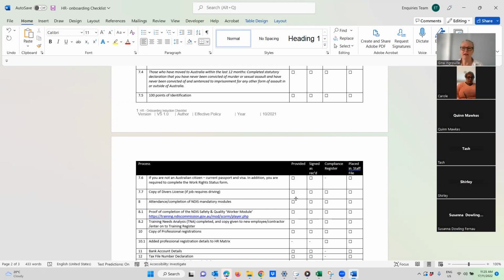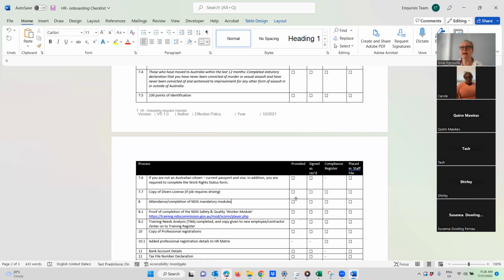Emergency and disaster. It doesn't say annually. It says they must be trained in emergency and disaster. I always think it's a good idea to do it annually, but it doesn't say it must be. If your staff are doing manual handling, and this is where it starts to vary, then manual handling training must also be on their file as having been completed. It also says that staff will be knowledgeable. They will know how to handle complaints, how to handle incidents. So not only does it say that they must do that, it's a no-brainer that they must do that.